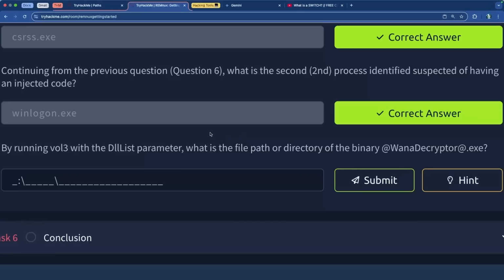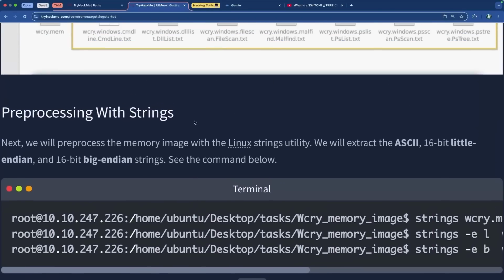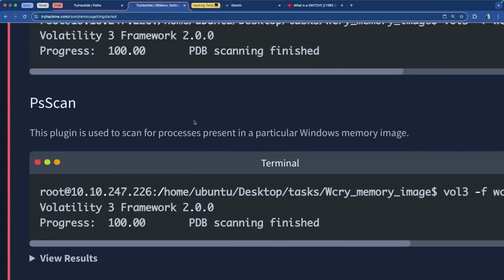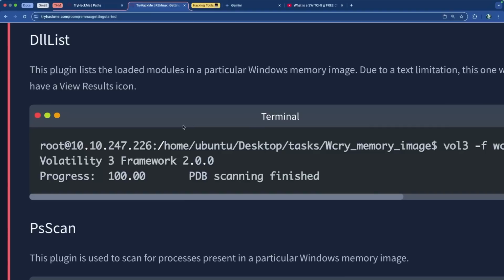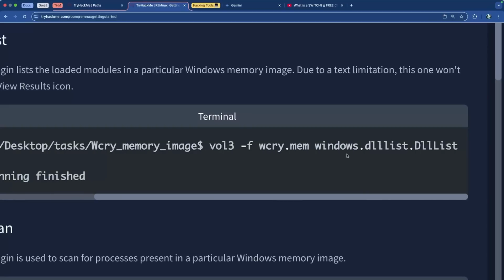And by running vol3 with the DLL list parameter, what is the file path or directory of the binary WannaDecryptor at.exe? So I'm guessing they have not done it for us, because there were a few of them that didn't have an output. So malfind, pscan, DLL list. Yeah, so DLL list doesn't have an output either. So we're going to run the whole thing, and we're going to do it with the Windows DLL list on